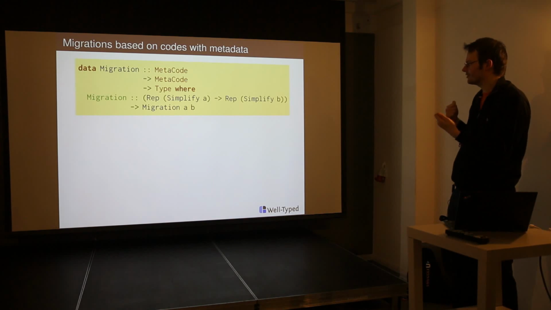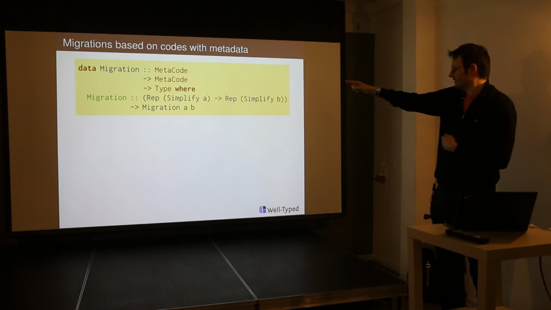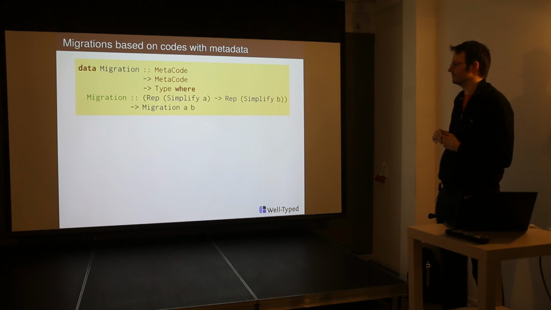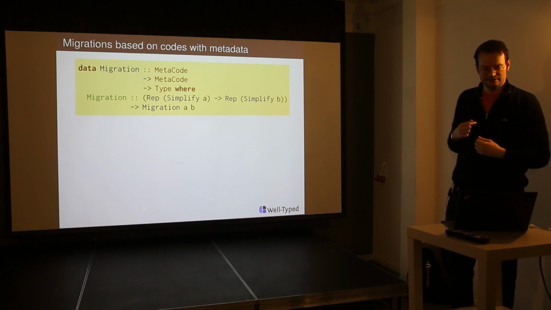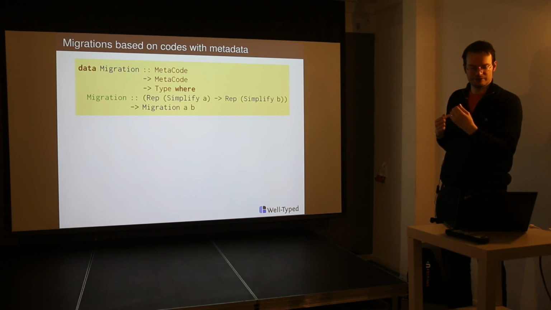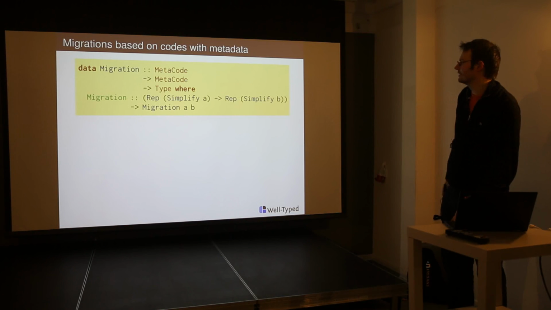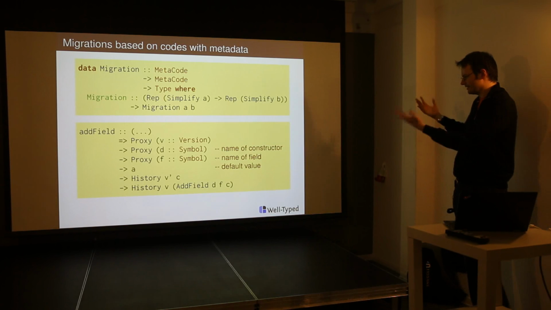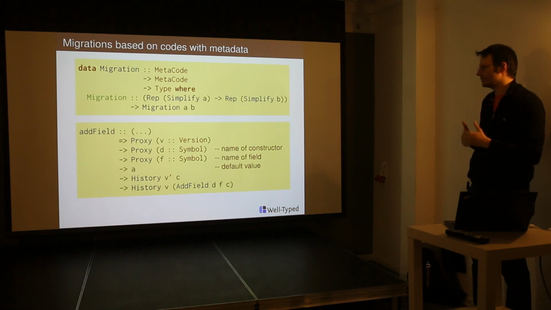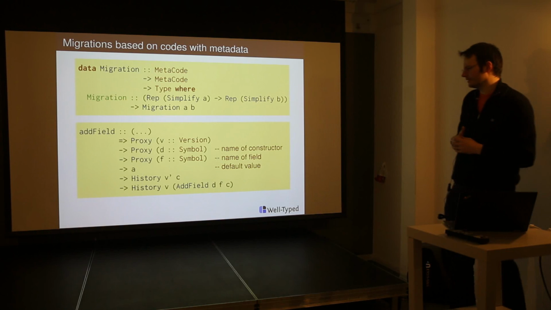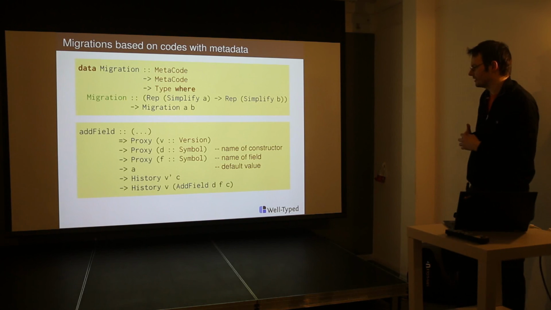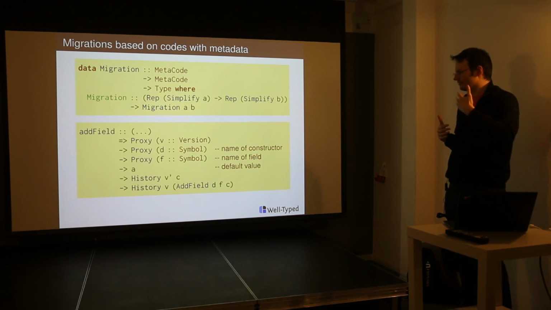The migration functions themselves would still work on the actual structural representation, which is based on the simplified code, but the code would be tagged with the meta codes, which would involve all the labels that are involved. And then here is how you could define a concrete migration, a concrete migration that adds a field